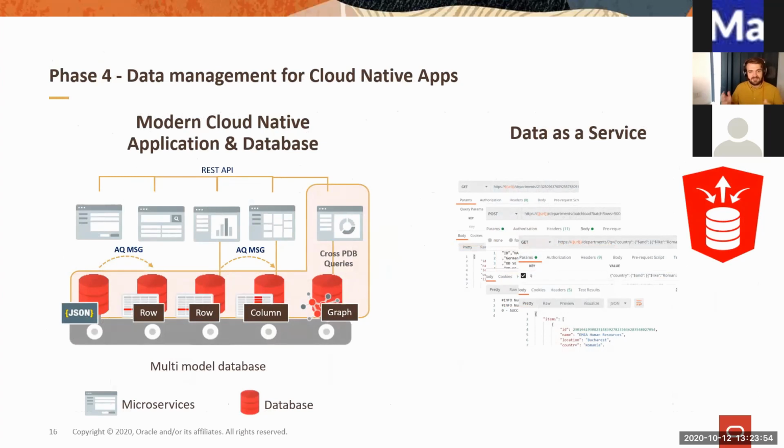I was speaking in general terms, but when it comes to databases, we need to speak about the leader. Think about a converged database, which is able to handle any kind of interactions. This is why we call it a multimodel database, and this is why our autonomous database is a unique proposition.